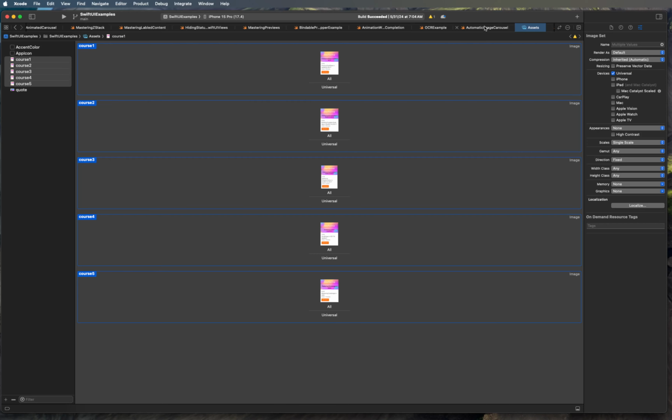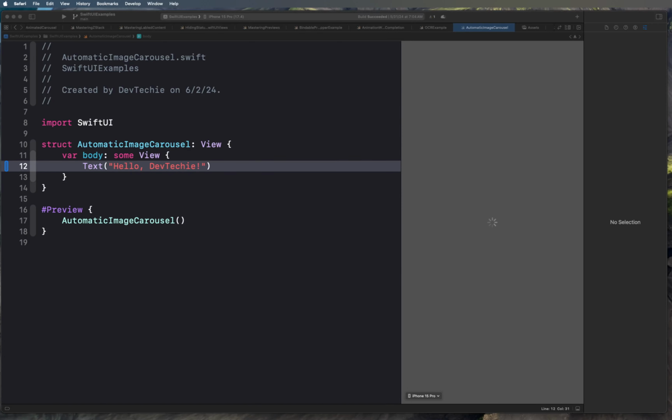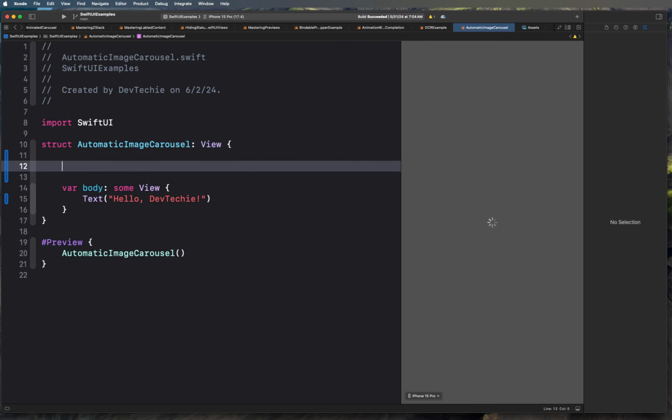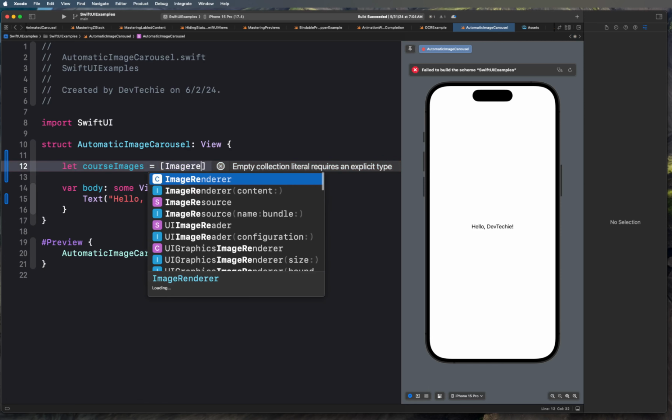Now let's head back into our code, and we're going to start by first building out our code to store these images. First thing we need is a variable to store images, so course images. We're going to create an array, and this array is going to contain the image resources, so we're simply going to say image resource